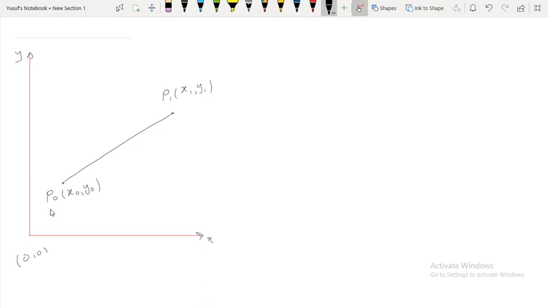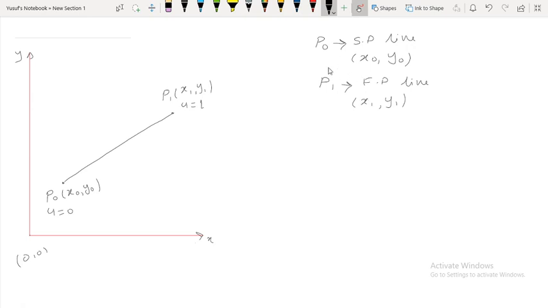And you have to use one parameter, suppose u, which is varying from 0 to 1. Here the parameter value is u equal to 0. Here the parameter value is u equal to 1, which is varying from 0 to 1. And you're supposed to calculate the pixels of the points in between p0 and p1. p0 is known, p1 is known. The p0 is the start point of the line. It has x component x0 and y component y0, and p1 is the end point of the line. It has x component x1 and y component y1.